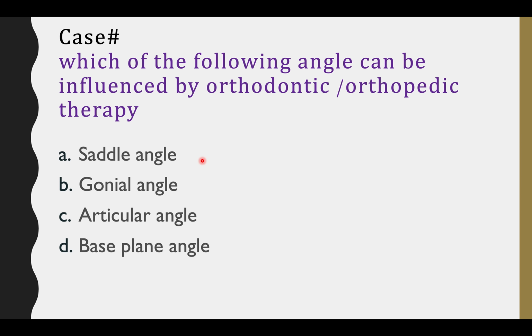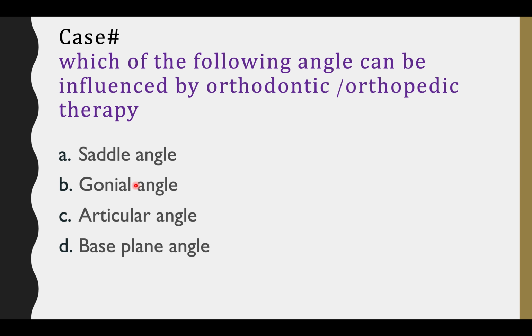The point of intersection of your condyle and the posterior cranial base is your articular. That is a constructive landmark. So whenever there is dental, orthodontic or orthopedic therapy, because of changes in the occlusion, changes in the condyle may arise. Because of that, the articular angle can be changed. If there is an extraction protocol and retraction happens, there will be adaptation of your condyle. So the point articular can be changed, so the articular angle changes.